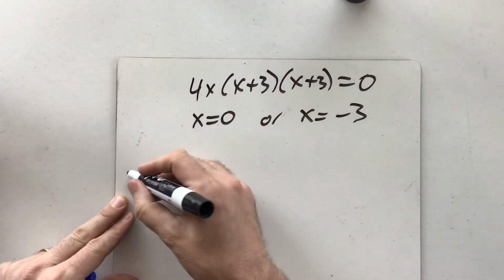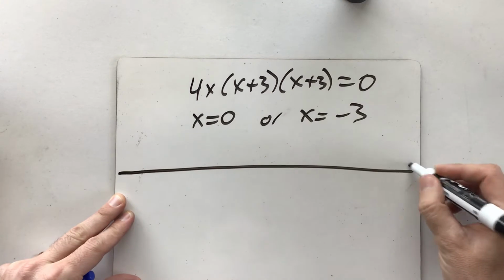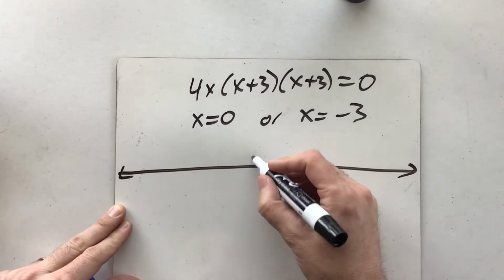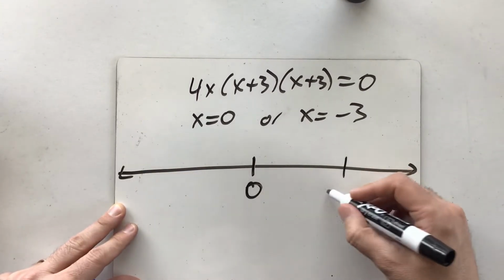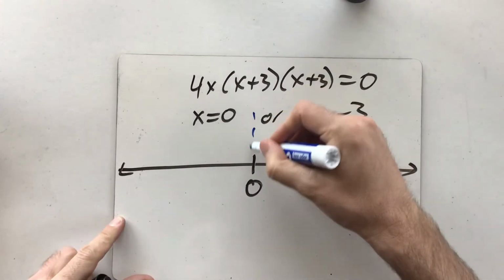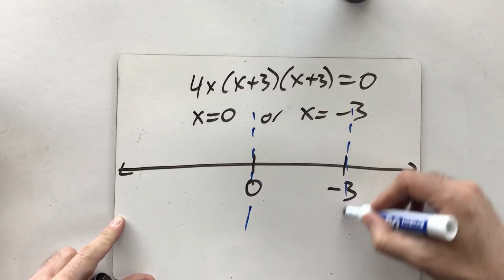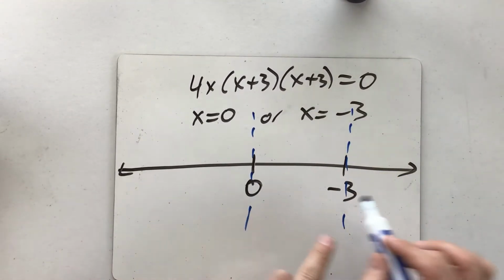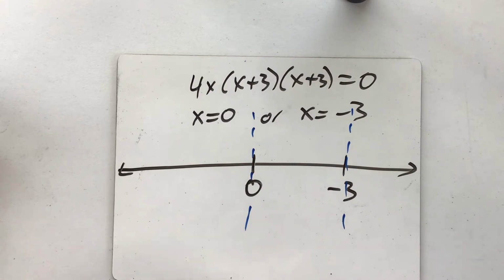So what's my next step? My next step is to draw a number line, and I'm going to put 0 on my number line, and then I'm going to put -3 on the number line. And now I just have to test every section. So what you'll see is that I have a section here and a section here. So I have 1, 2, 3 sections. So let's just test